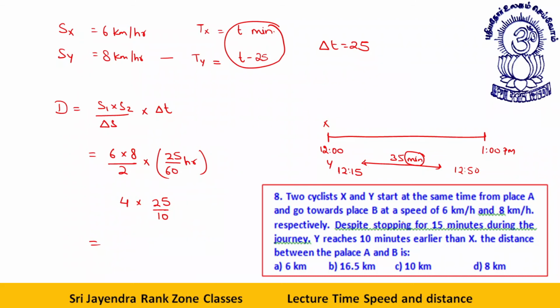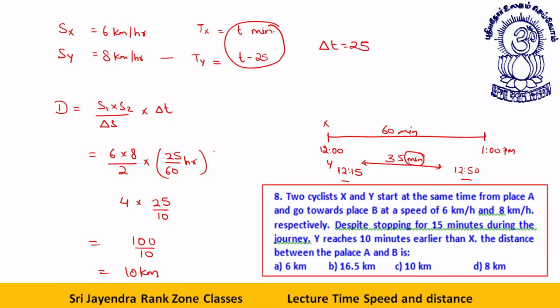And the thing is, he stopped in between. If it says he stopped in between, I can assume that he started late. So that becomes 100 by 10, or 10 kilometer. This is your answer. Started 15 minutes late and reached 10 minutes early. So 15 and 10 is 25 minutes. Everything was correct; this was 35 minutes, no problem. This is 1 hour, this is 60 minutes, this is 35 minutes, so this is 25 minutes less. I just copied this number by mistake. I hope everything is clear to everyone.